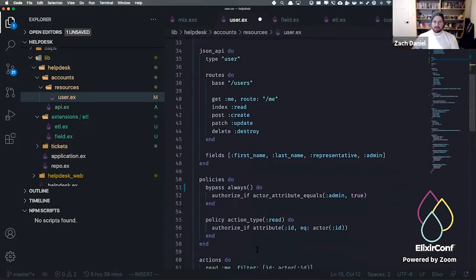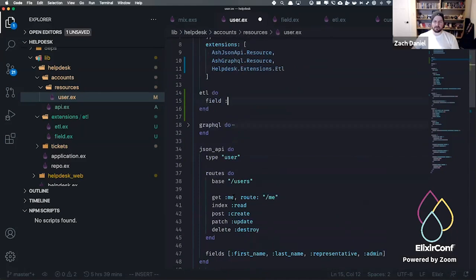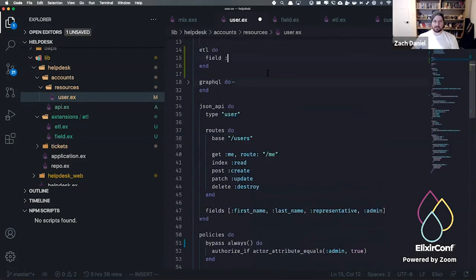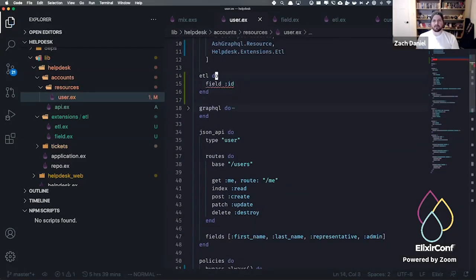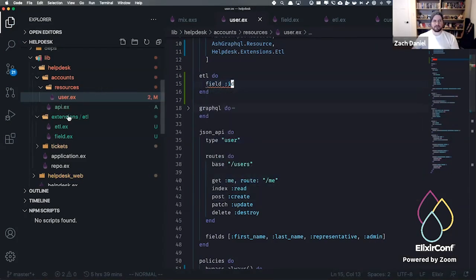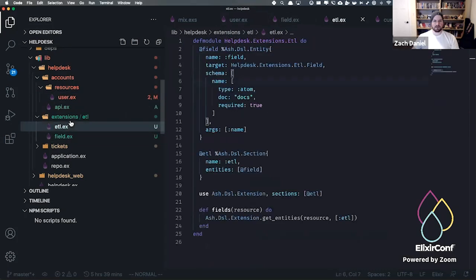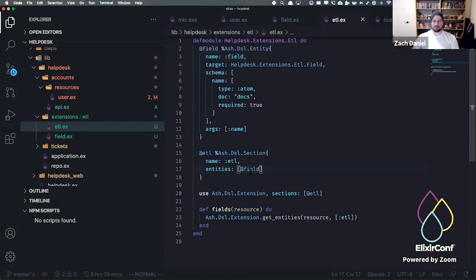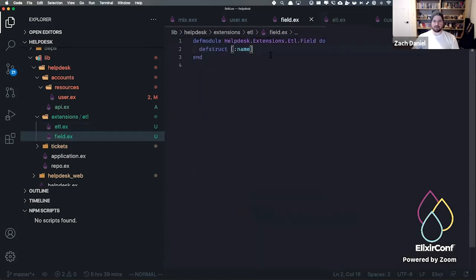Let's say user has like an ID. So there's an ID field in our ETL system. It doesn't like that because undefined function field. Let's see, name field, entities field. Well, I may have done something wrong,